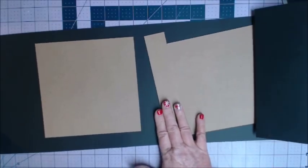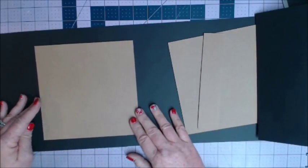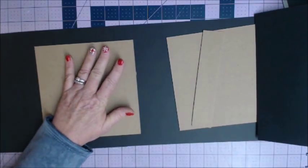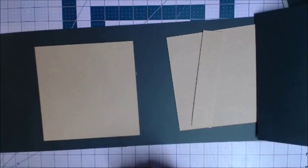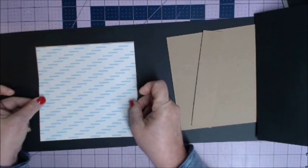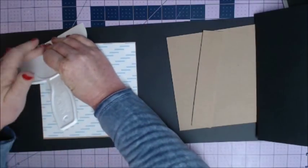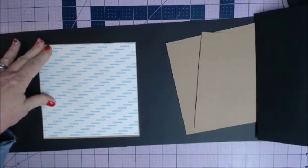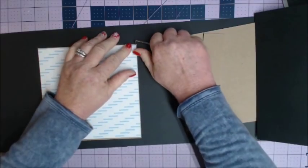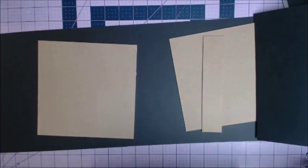All right. This is the first place that we've put our seam together. I'm just going to kind of mark it with my pencil there. And I've already cut my 7 by 7. So we can just start right off laying this down. No, we're going to need that. And I need my